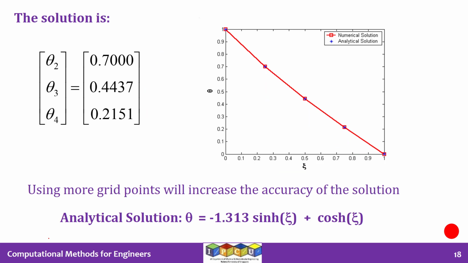Another interesting thing about this plot is that we plot both the numerical solution that is obtained, which are shown as red squares, as well as the analytical solution, which is plotted as blue stars. We see the agreement between the numerical solution and analytical solution is very good. In fact, the two are practically indistinguishable. The reason is because this is a linear ODE. You can solve it by hand. Nothing is difficult. You did not need a numerical solution for this particular problem.